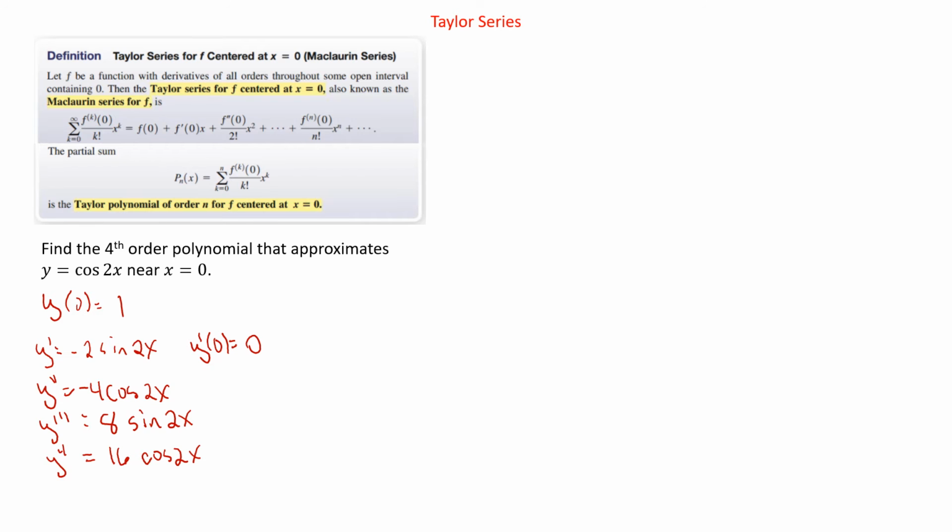Cosine will equal 1, so that's 1 times negative 4, which is negative 4. Sine is going to be again 0, and cosine's 1, so this will be 16. Alright, so now our polynomial, the fourth order polynomial, is going to be the first one, so just 1,